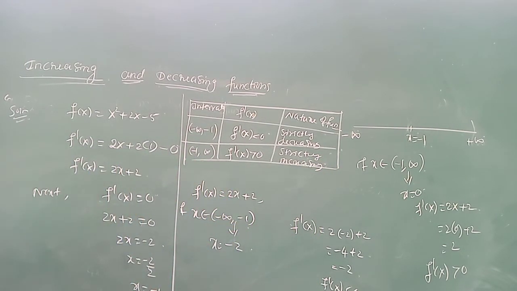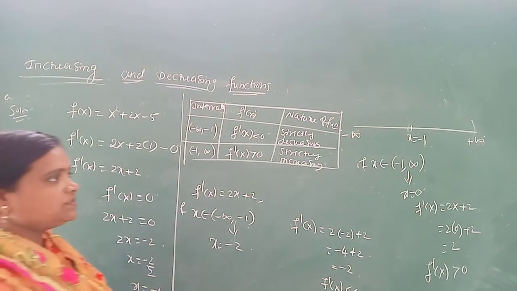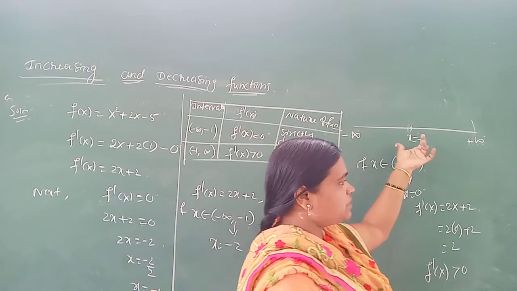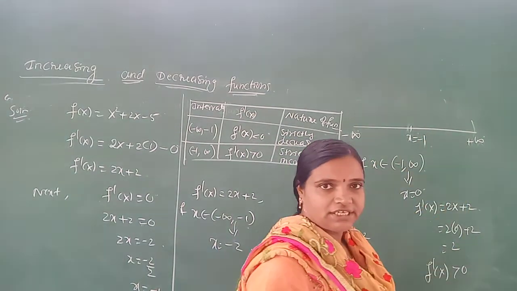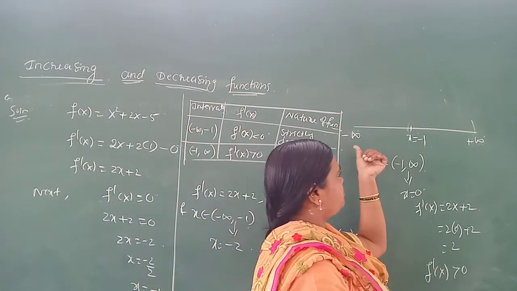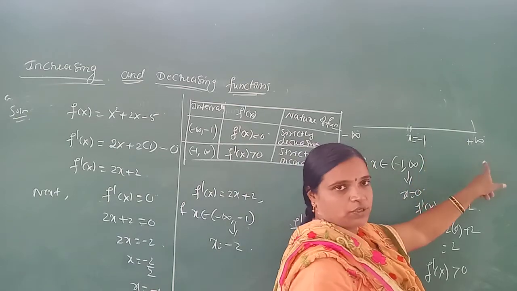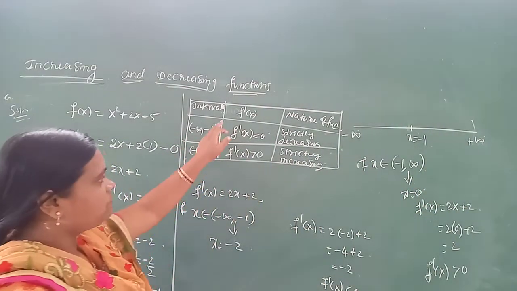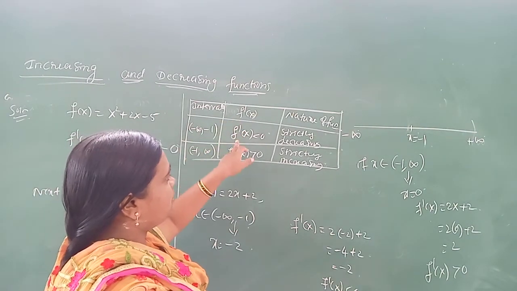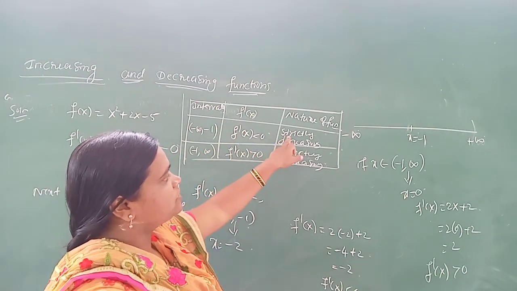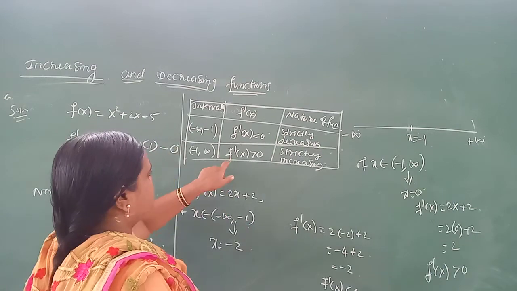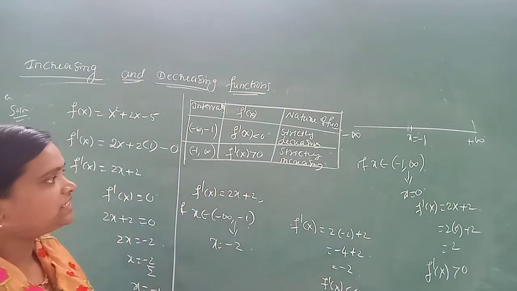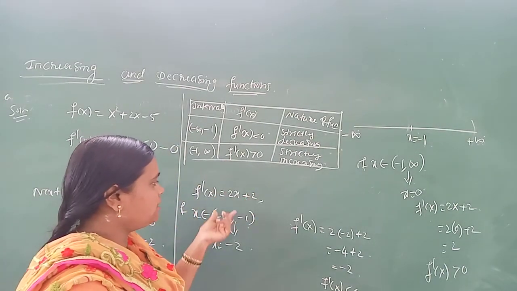Very first step is do the differentiation, next calculate the critical point, afterwards apply the real number system, minus infinity to plus infinity, and how many points? Minus infinity to minus 1, minus 1 to plus infinity, these 2 intervals exist. And next calculate f dash of x. Okay, if f dash of x is less than 0, nature of function is strictly decreasing, greater than 0 strictly increasing, and that we can calculate by applying the points.